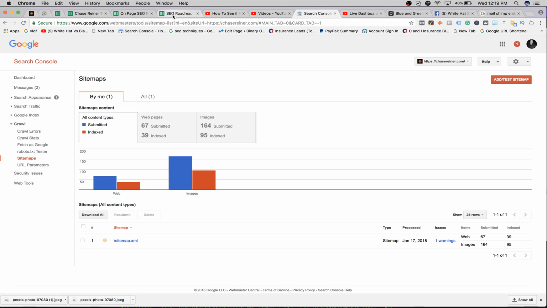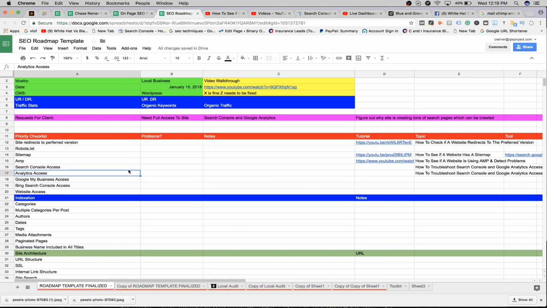Today we're going to be going over how to get access to Google Analytics and Search Console and troubleshoot if there isn't access to these things. So sometimes you're going to be needing Google Search Console access and Analytics access if you're working with a client or doing an audit, just like you'll see out of this audit template here,